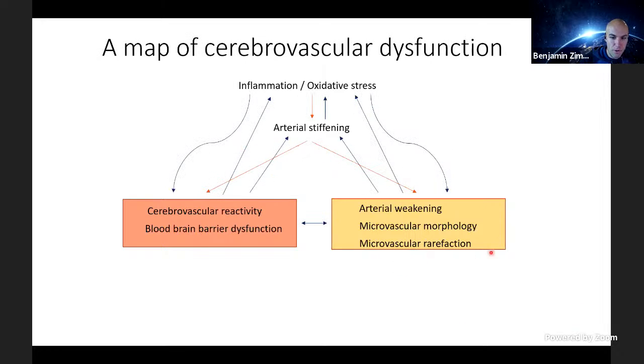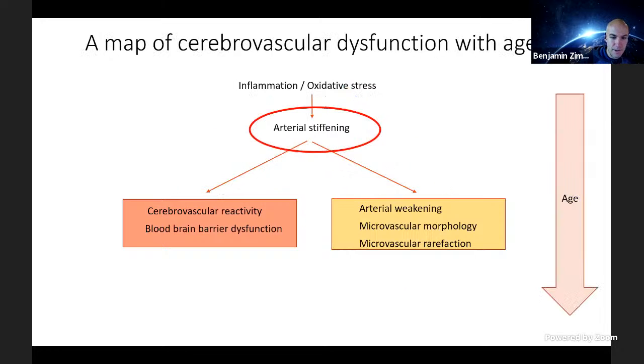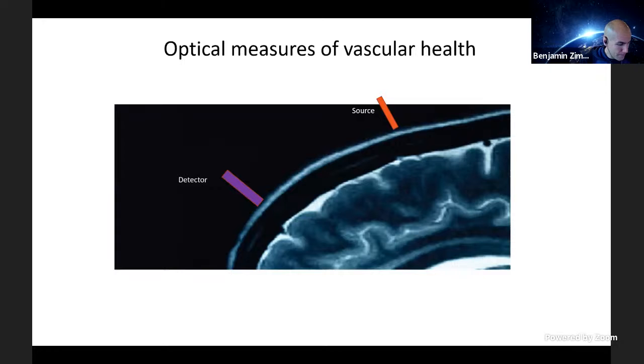In reality, things are more complex, and all of these factors interact with each other and exacerbate earlier effects. But the idea with this more simplified model is just to show that if things can be done to prevent or postpone arterial stiffening, that is a good level to want to measure and intervene on to predict and prevent these downstream effects. So in our lab, we've been developing a method based on diffuse optical imaging that helps non-invasively measure the stiffness of the cerebral arteries. So I'll introduce that method here.